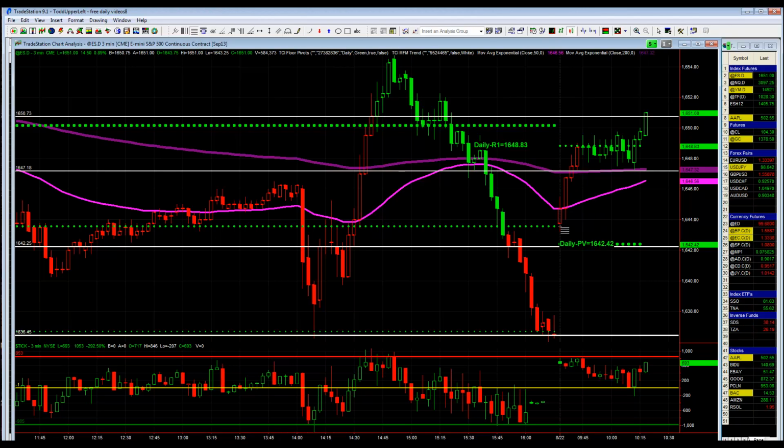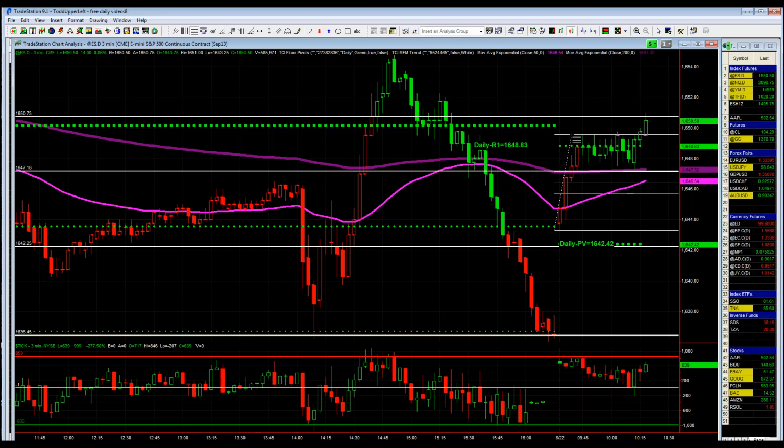Also, if you were to measure your fibs from the low to that high before that pullback, take a look at this, folks. The market came back precisely to that 38.2% retracement of the low of the day up to that high when we got that rally and rallied up through the 50 and the 200. So we were looking for that pullback